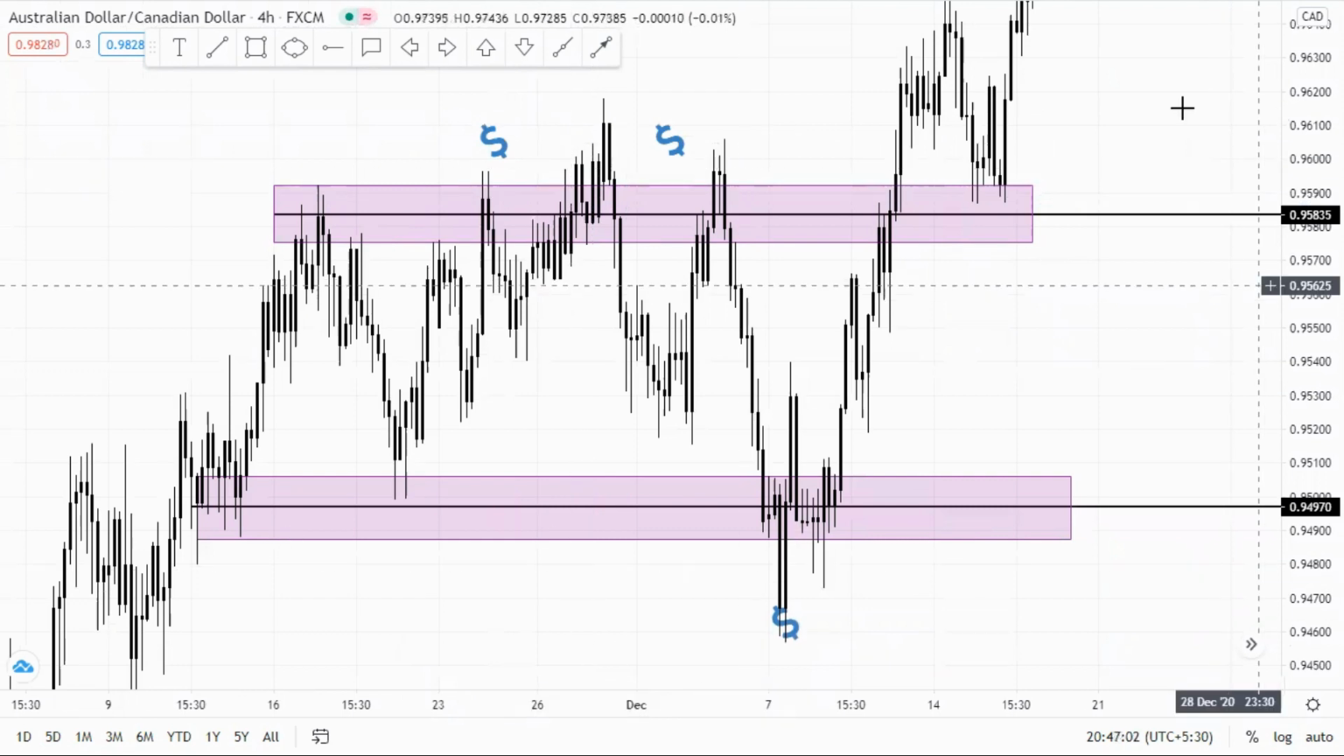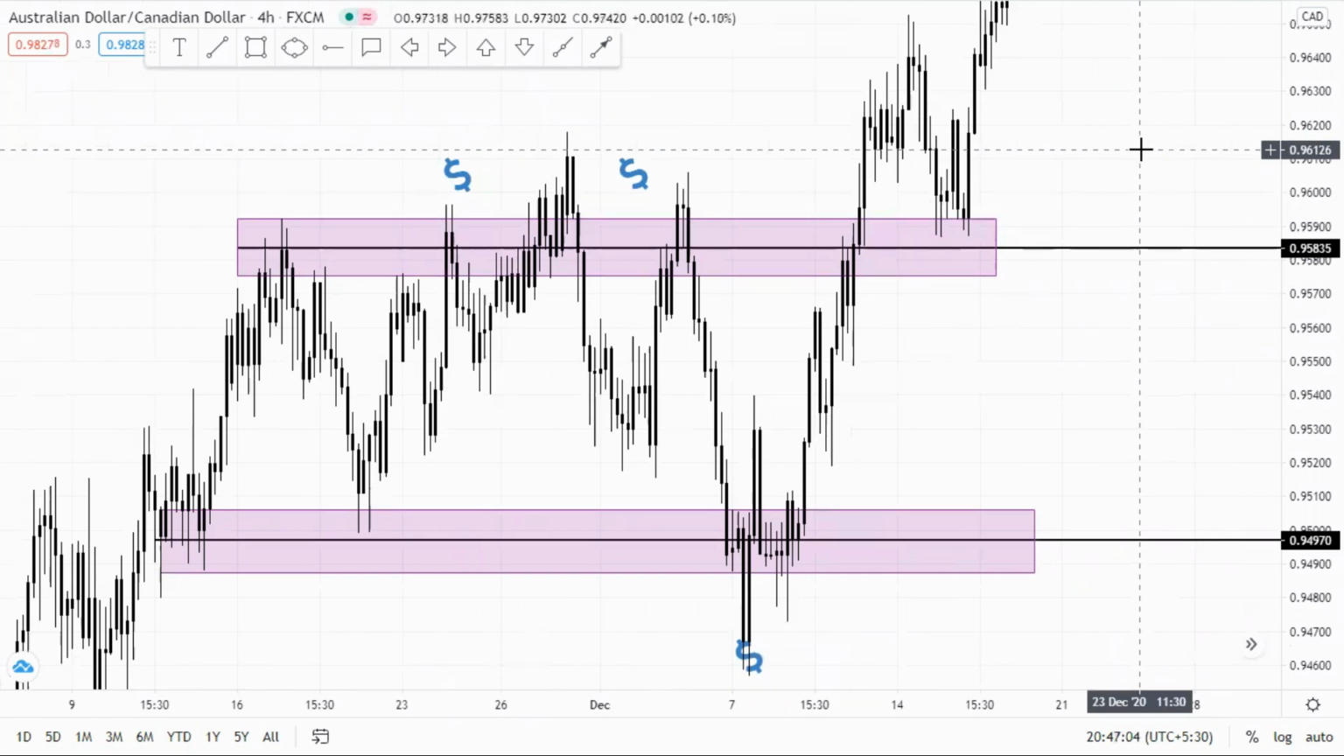So you need to be very, very careful as a trader, and make sure that you follow all those